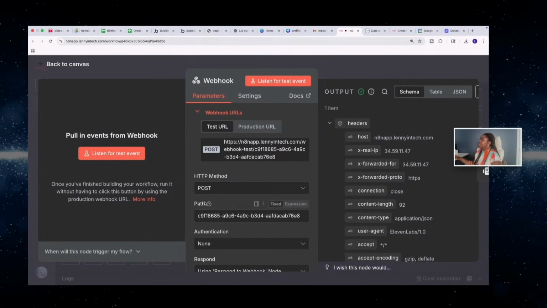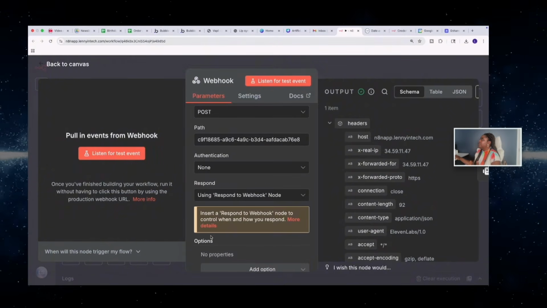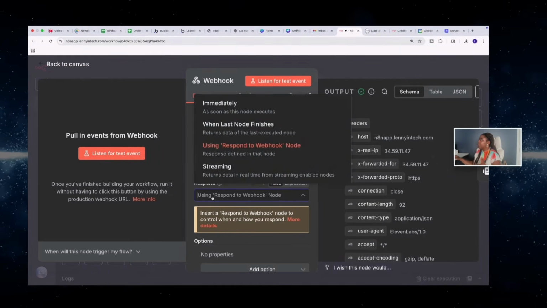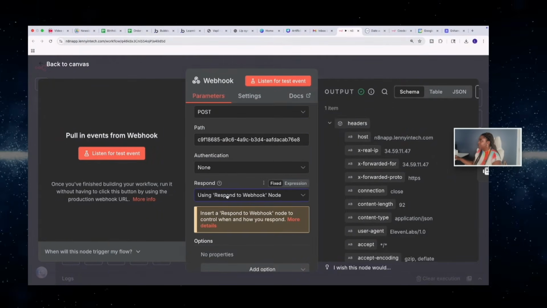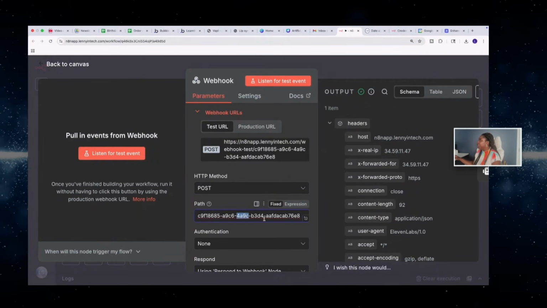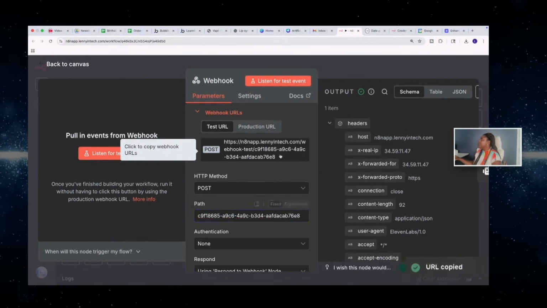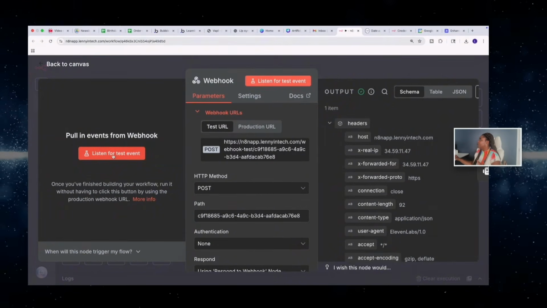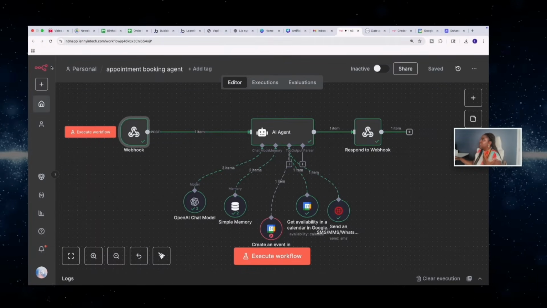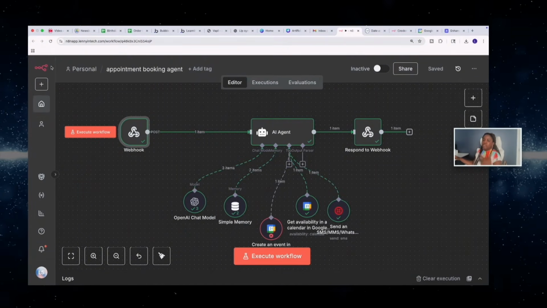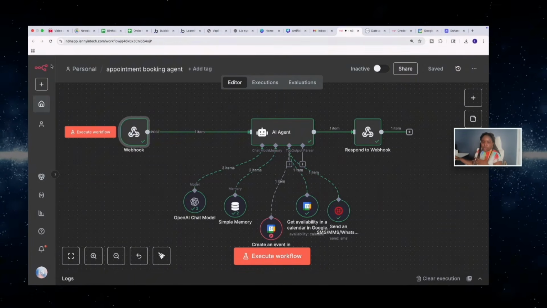This is what is being sent inside n8n, and basically you want to use the respond to webhook node because you're sending a response back. There are so many other options, but you want to use the respond to webhook node in here. So that's really the setup. This link here can change. Once you make a change here, this is also going to get affected, so know that the path and the link are related. Provided this is in production, this webhook is always going to be listening for any requests coming through from ElevenLabs.